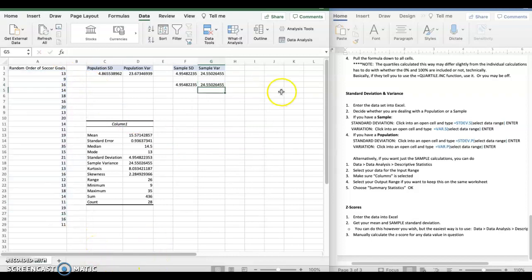So Excel assumes that you only have a sample and that you're trying to estimate these about a larger population unless you very specifically tell it, no, I have every data value. It's so rare to have every data value that's why that one, I guess, is really different than all of the other ways to get these, because all these other ways are the more likely scenarios where you are just dealing with a sample.